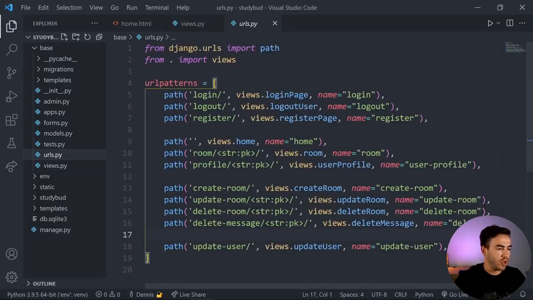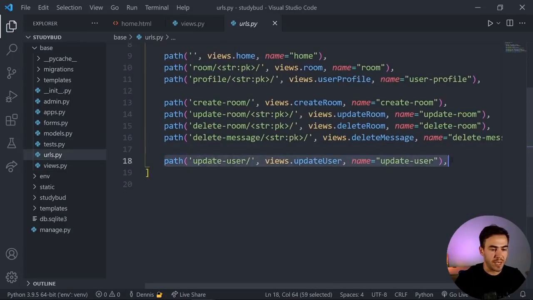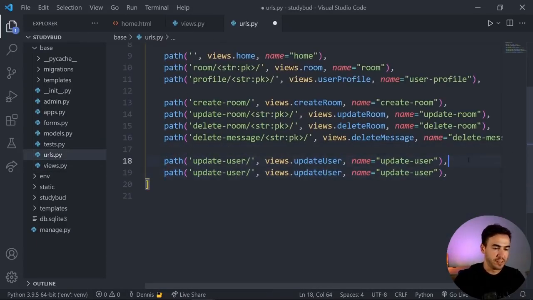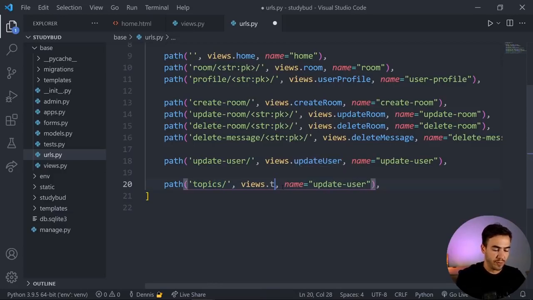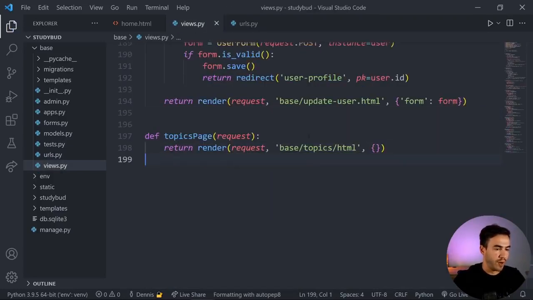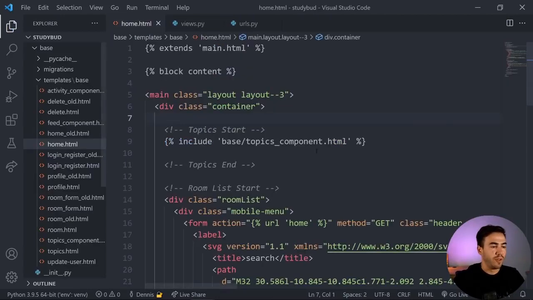And now we need a URL here. So let's just take update user, copy and paste this, and we're just going to change this to topics. So we'll just do topics, and then we'll just call this topics page. So the view that we just created, and we'll just take topics and paste that in right there. Okay, so we have our URL, we have a view that renders that page, and now in the home page,